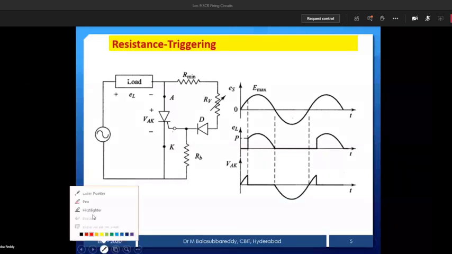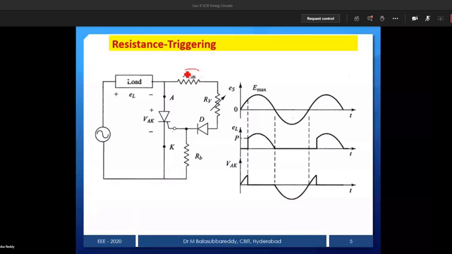Now at this point we can observe, the first question I am asking is why R minimum is required. If I do not use R minimum, then what will happen? Let us assume it is 0, and now unfortunately RV is also 0. This is 0 because it is a variable one. Unknowingly you kept it in the 0 position, and R minimum I have not used at all. Then what is the current passing through the gate? Anybody can calculate the current? No R minimum, now RV is 0. What is the current passing through it? Current I is equal to V by R.